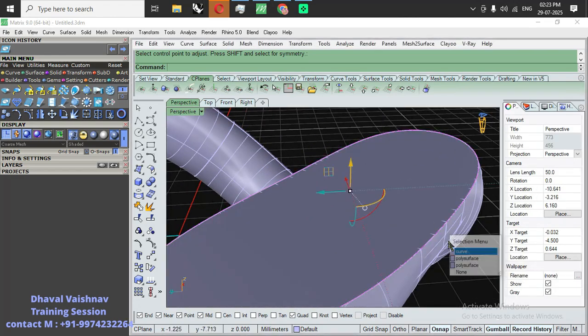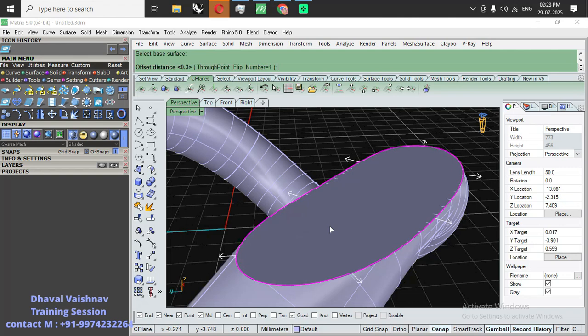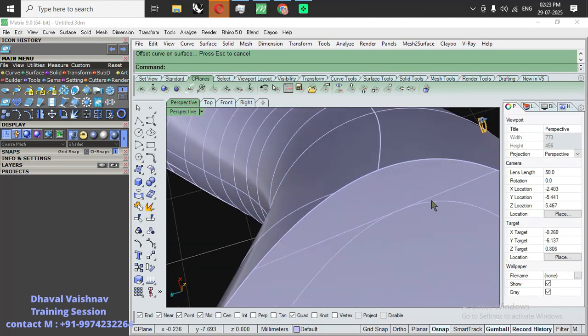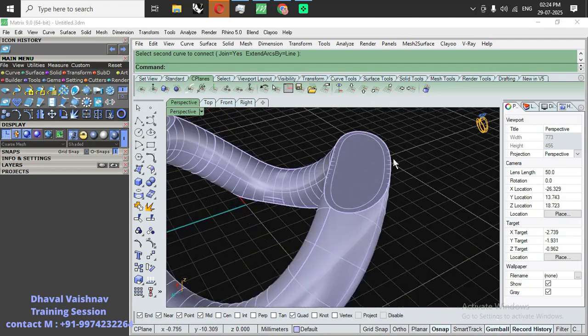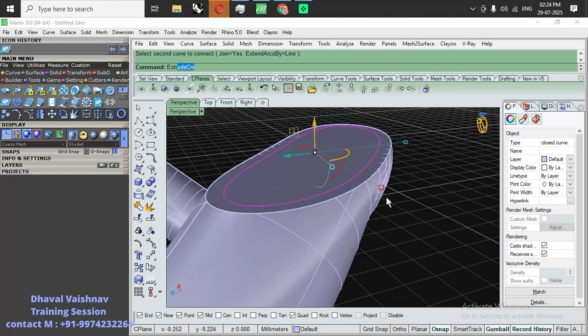Okay, now we will make the same procedure here. So select the curve. Let's make it offset curve on surface. So this is my base surface. Flip, specify the distance. Now here we need to make the similar procedure. So let's use connect command, first curve, second curve, and let's try to apply the same procedure here. Yeah, it is working here. Okay, so now we have the object. Now let's make it extrude,